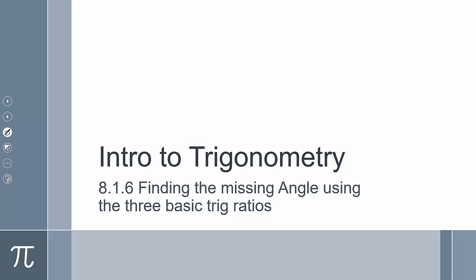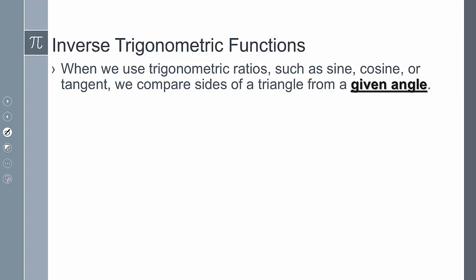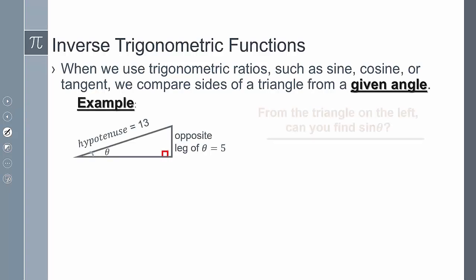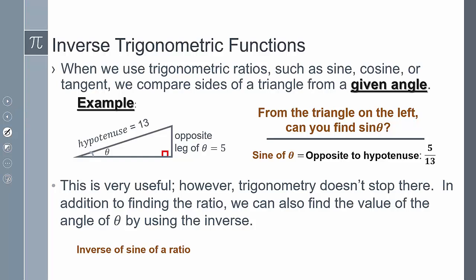This is section 8.16, finding the missing angle using the three basic trig ratios. We're going to use inverse functions to determine our unknown angles. When we use trig ratios such as sine, cosine, or tangent, we compare the sides of a triangle from a given angle. We've already established this, right? Our sine is the opposite to the hypotenuse